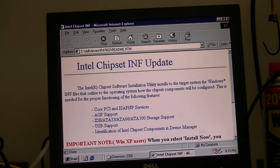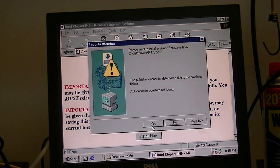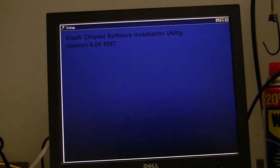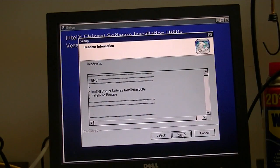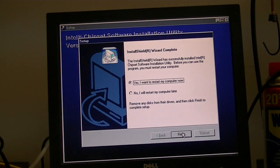And it'll open up an Internet Explorer window. We'll tell it install now. Make sure you select run this program from its current location and not the other option. Tell it OK. Tell it yes. We'll close out of Internet Explorer. And it's going to install the Intel chipset. Okay, we can close that. Okay, you can restart now, but I usually like to wait to restart until after I've got all the drivers